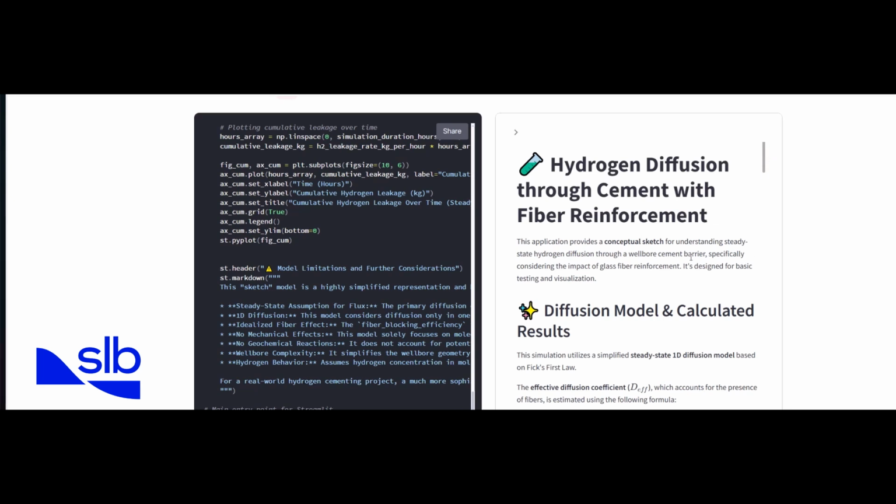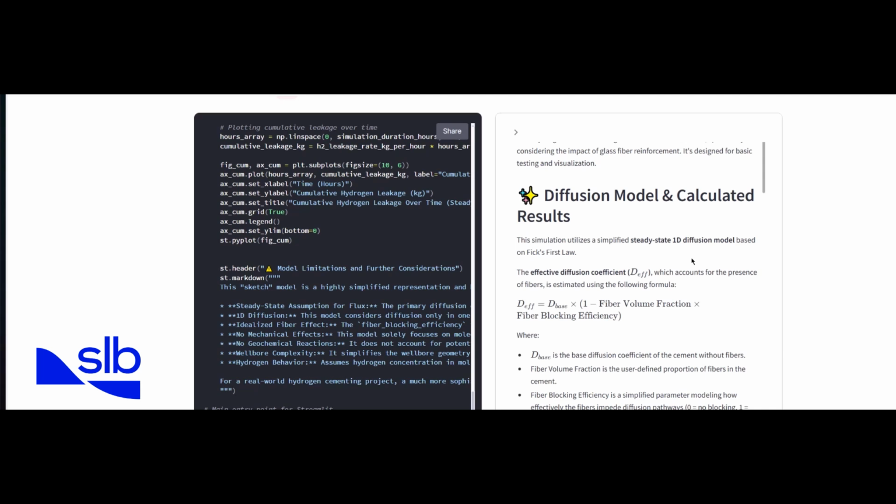We also want to improve and have a good hydrogen diffusion through the cementing with a new type of cementing, the fiber reinforcing cementing. In this case we simulated the flow through the cementing and the